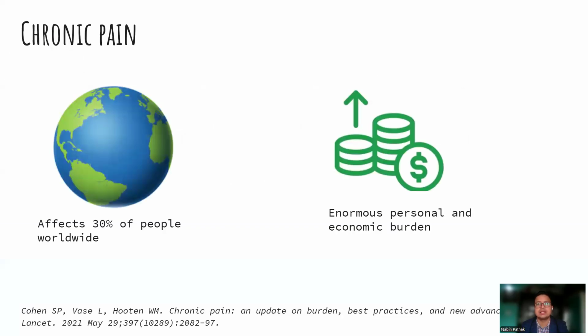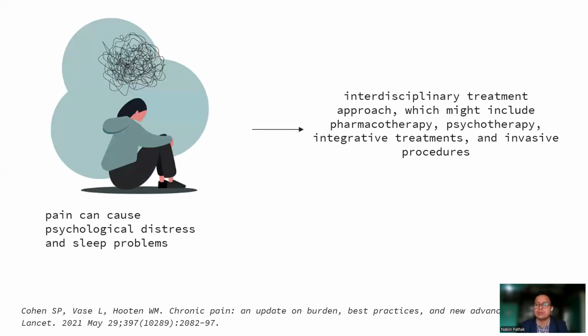So, chronic pain is a debilitating condition affecting about 30% of the population globally. Apart from this incidence, it also creates a huge toll on the personal and economic burden. Along with the personal and economic burden, it also affects the population diagnosed with chronic pain psychologically, thus creating issues of anxiety and sleep disorders too. So, literature underscores the need for an interdisciplinary treatment approach, which might include pharmacotherapy, psychotherapy, integrative treatments, and different invasive